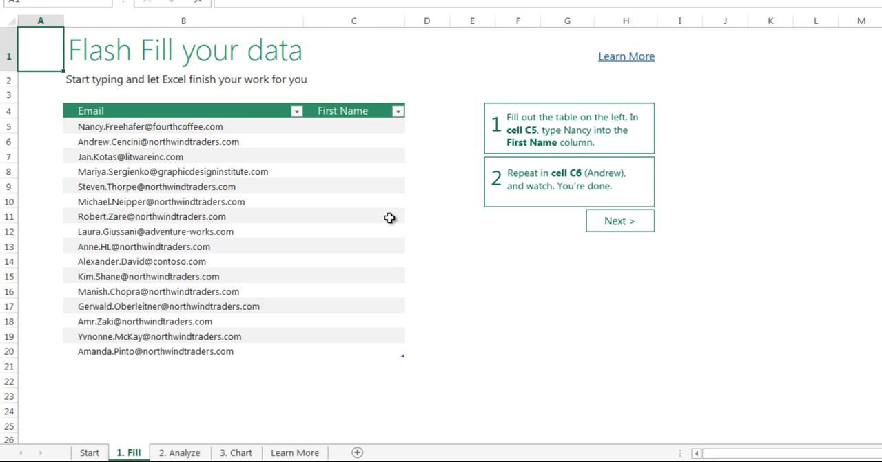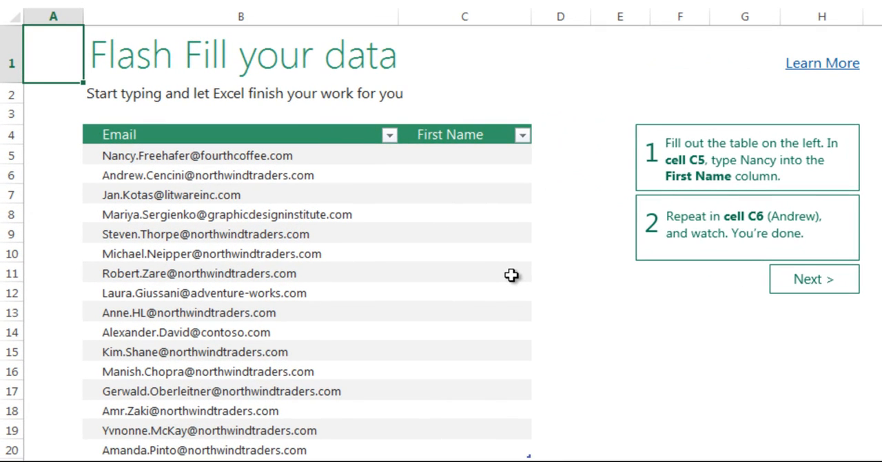Click here, and Flash Fill is the first piece of functionality that they show you. Here it has a list of email addresses, and it'll tell you to start typing the first name. And the way that Flash Fill works is once it understands what you're trying to do, it will automatically suggest what it thinks the rest of the data should look like. So, as it says in the instructions to the right, we'll type in Nancy and first name,